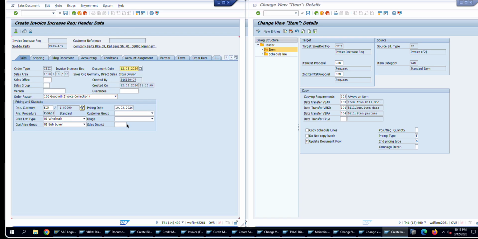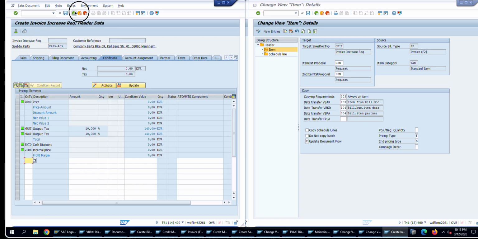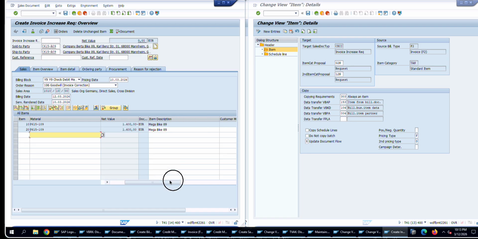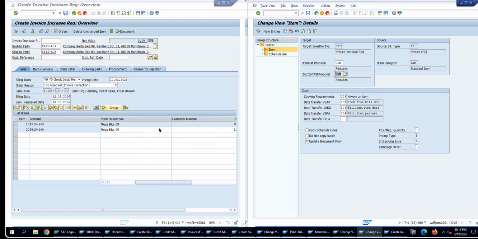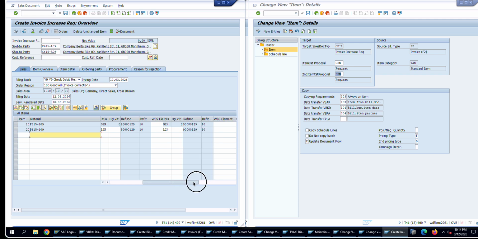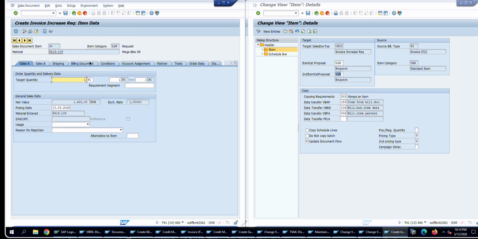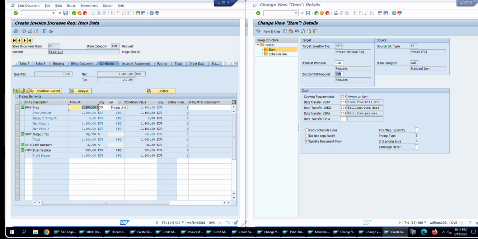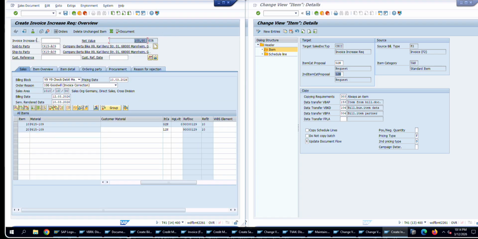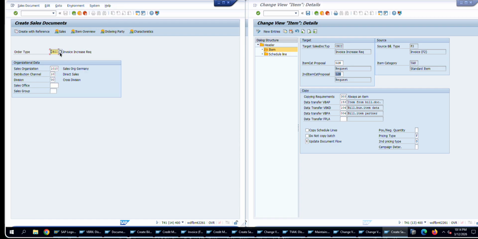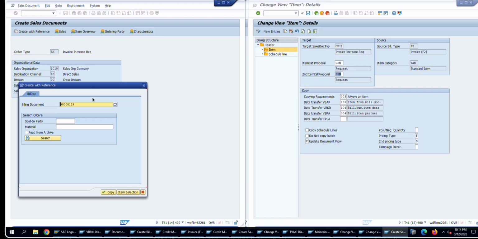Let's make it invoice correction, and yes, I can edit the second one. Always the second one I can edit, which is an L2N item position. But I think I can increase the price, and I have an invoice increase request of 100 euros. What happens if I create an invoice